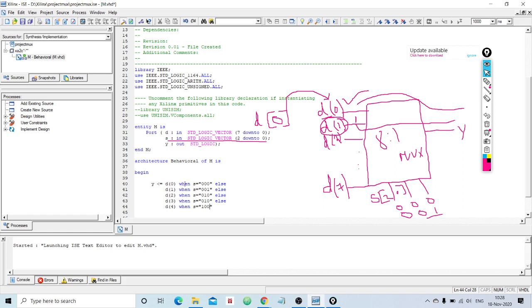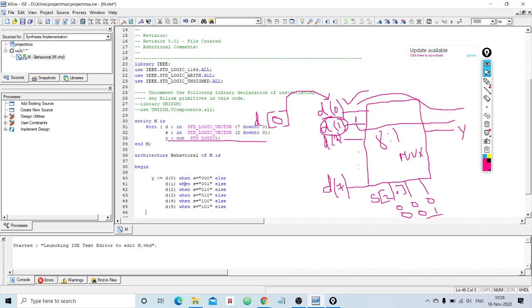I am writing the decimal value 4 in binary here. Else y should have the value d of 5 when the selection line has the value 5, which is 101 in binary.